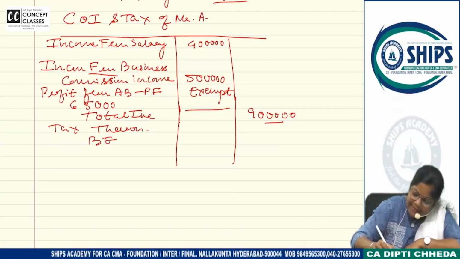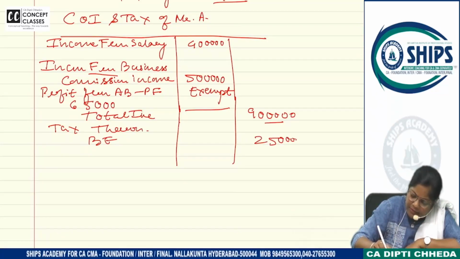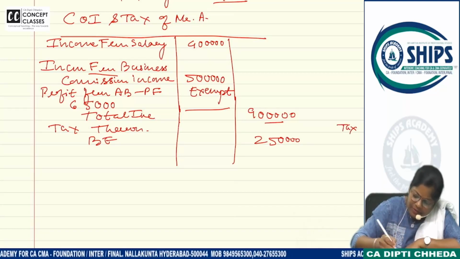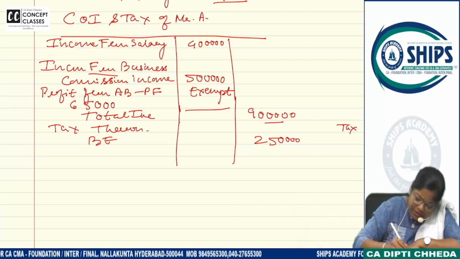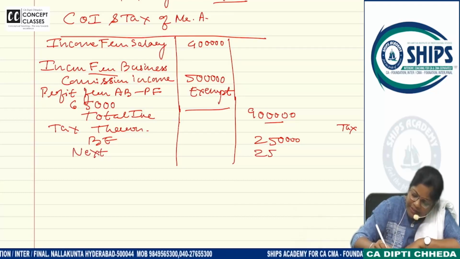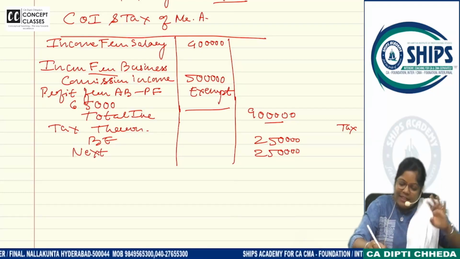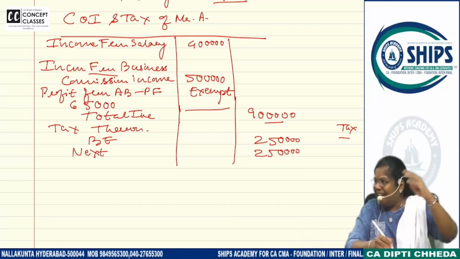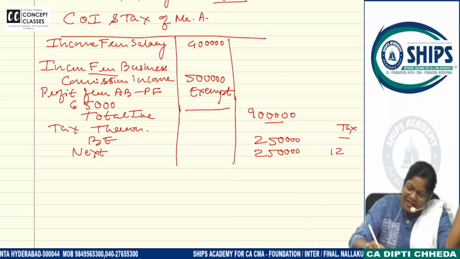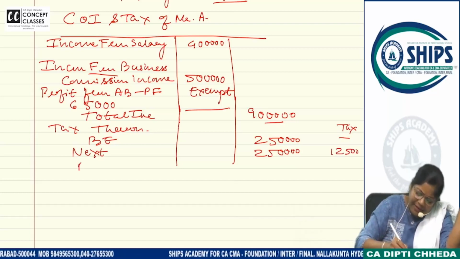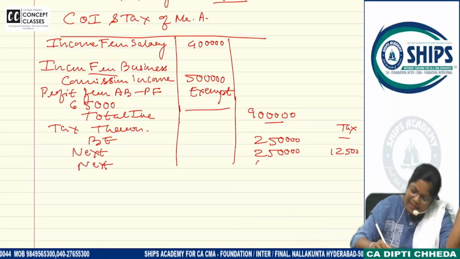What is the basic exemption for A? 2,50,000. And here I am writing tax. I can do it in the inner column also. Just next, 2,50,000. 0 to 250, nil. 250 to 5 lakh, 12,500. And on the next 4 lakh,